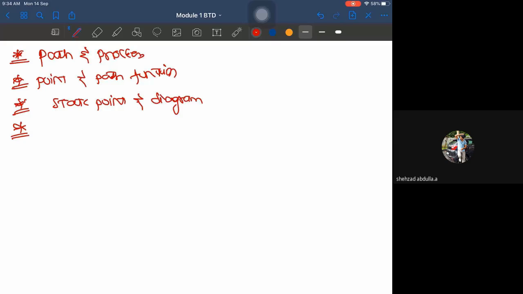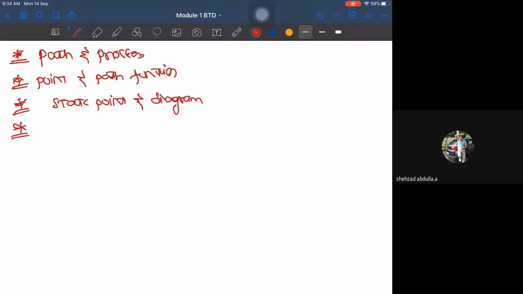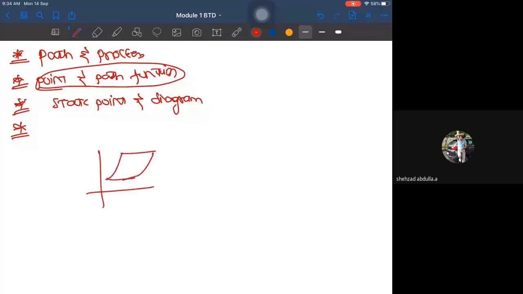Okay, fine. So these are the important points that we have discussed, and I even told you in the last class that whatever we discuss in this class would be very important. I have told you what a point function and a path function are. Point function is something where, if there is a process like this, all this is a thermodynamic process. All these are the state points here. This would be state 1, this would be state 2, this would be state 3, and this would be state 4. For all these processes, there are different states, state 1, 2, 3, and 4.